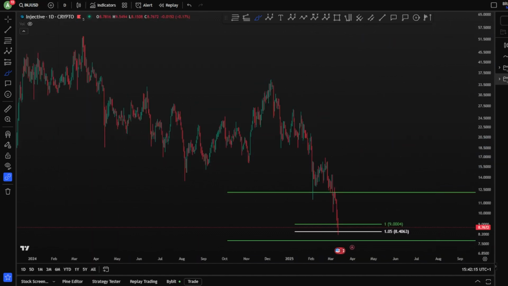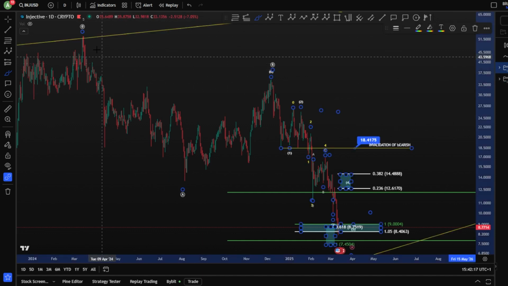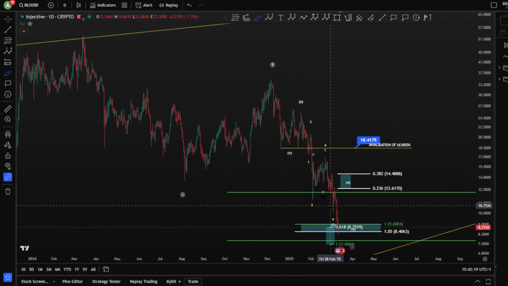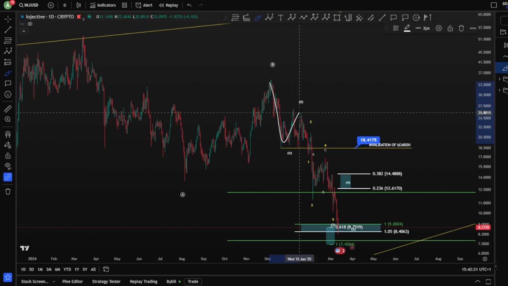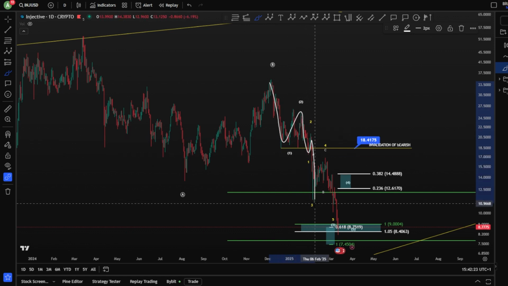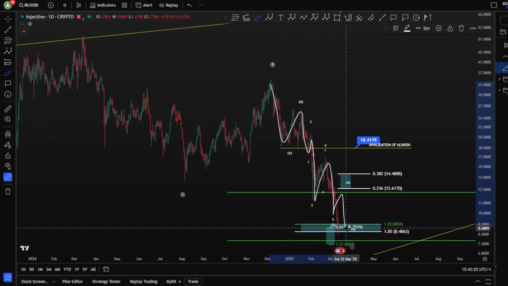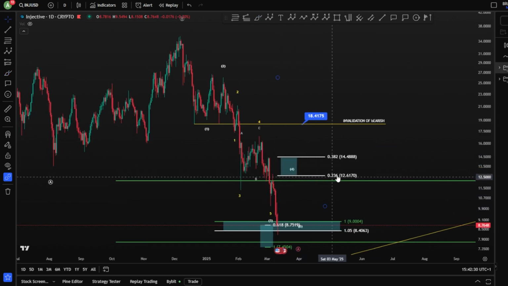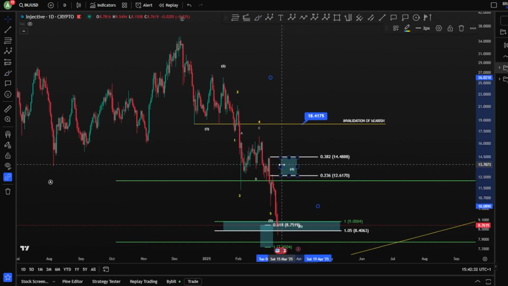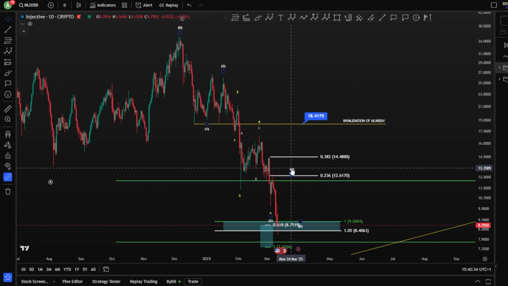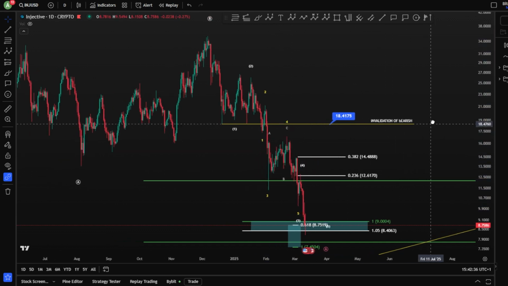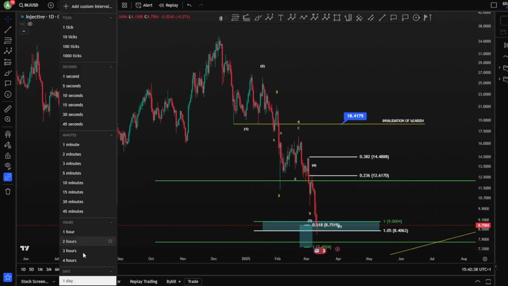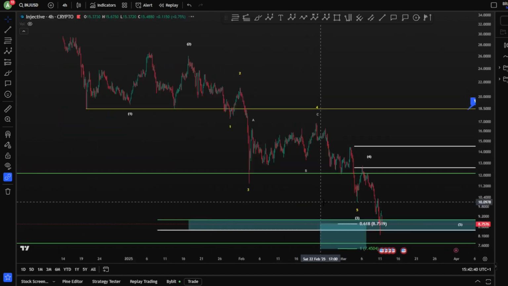On the daily chart, of course, we are looking for this pattern as a B and a C toward the downside. You have here, of course, a 1, 2, and then another 1, 2, 3, 4, and a 5, a 4, and a 5. We're still potentially looking for a wave 4, taken with the blue box, wave 4 potentially. I'm gonna, of course, dive a little bit deeper on the 4-hour chart to see what's going on here exactly